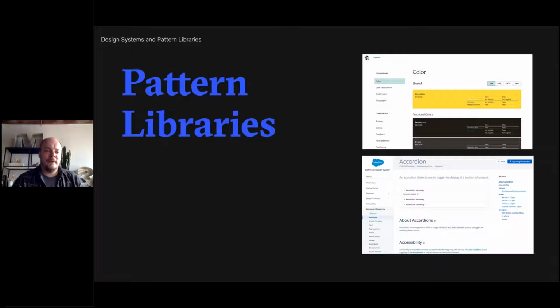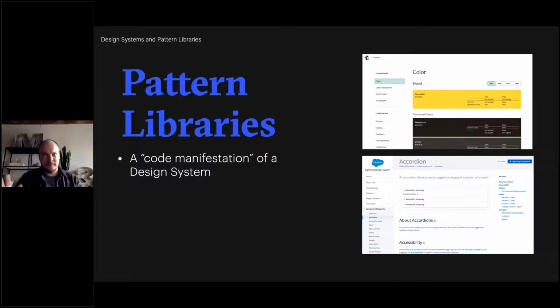And the way that we can do that is with another thing called pattern libraries. And what are pattern libraries? They're effectively a code manifestation of a design system. So it's not quite the design system itself, it's that those designs taken and broken out into code. They're living documents. They describe and render the code, and they typically cover things like